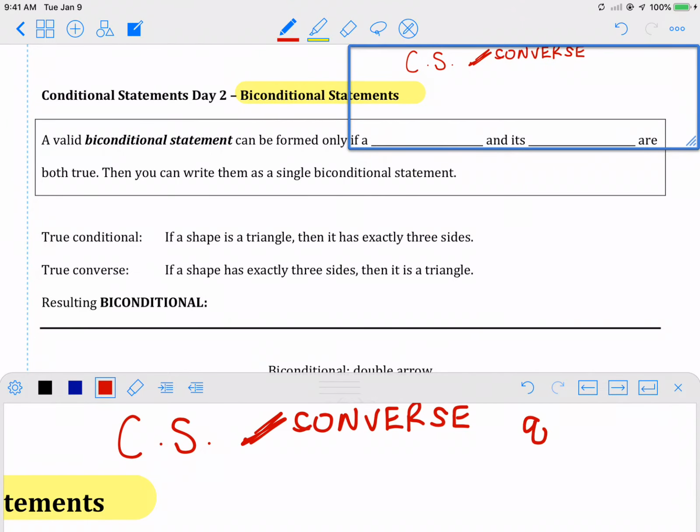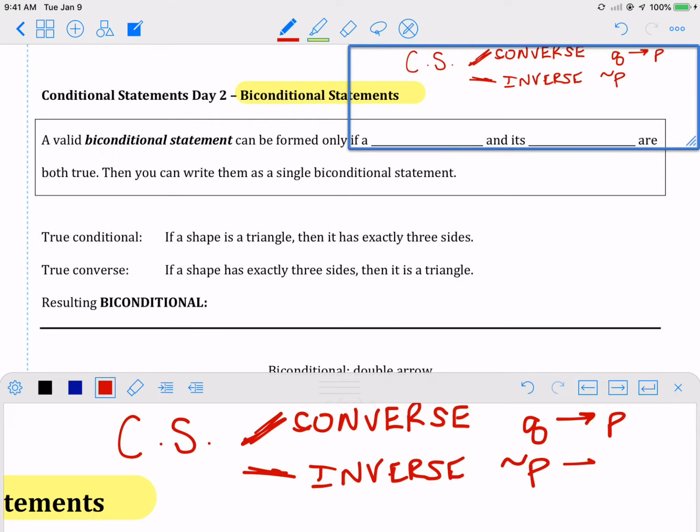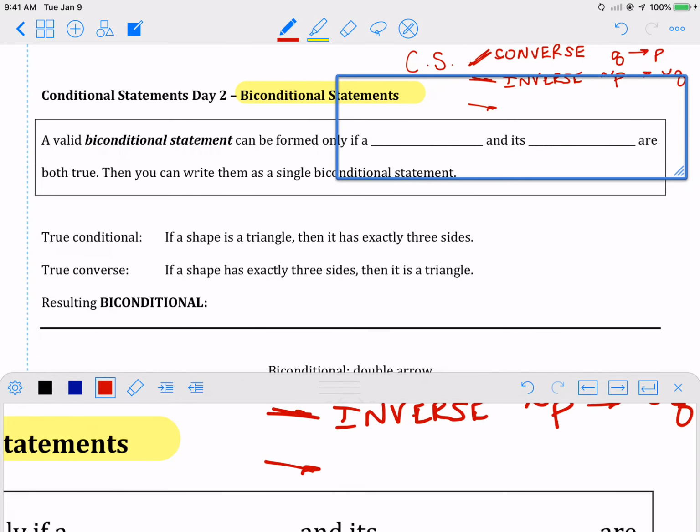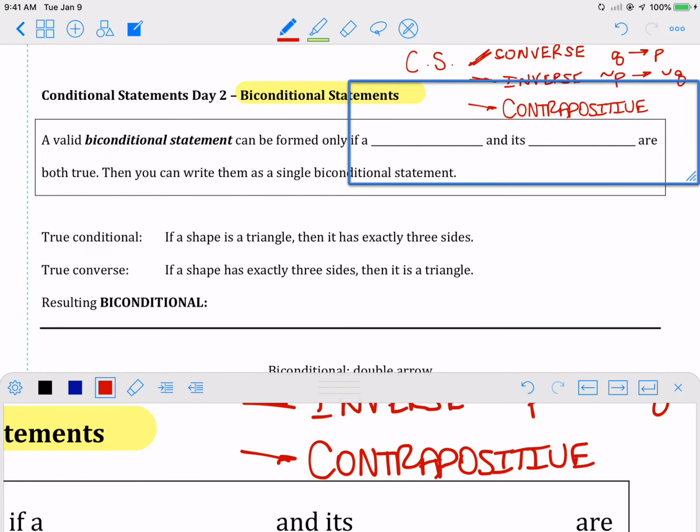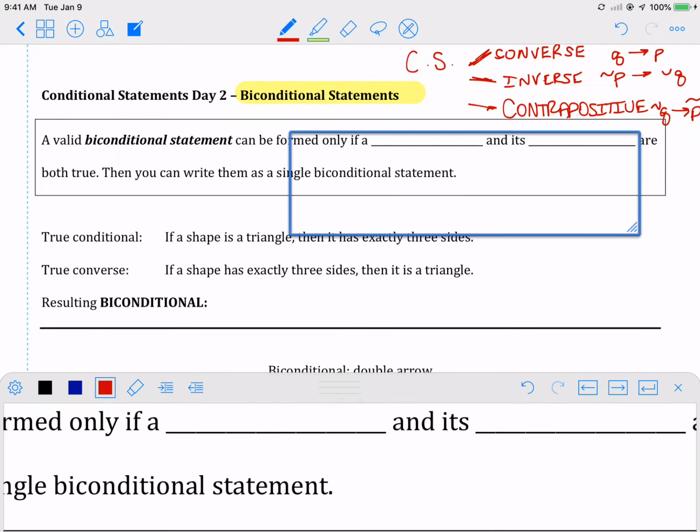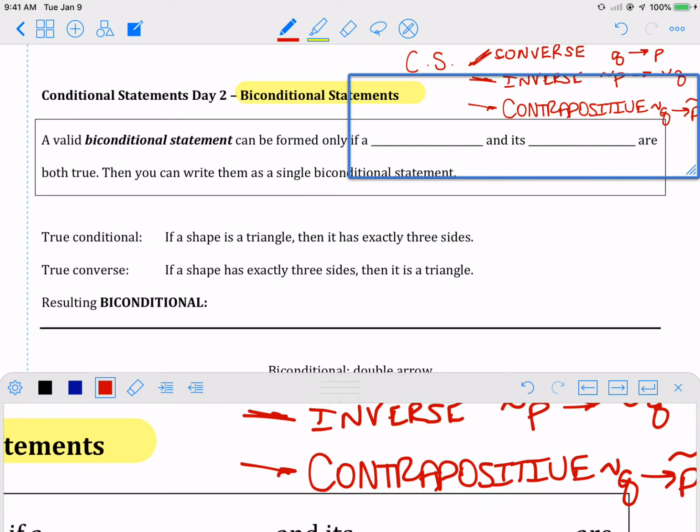which was Q to P, our inverse, which is squiggly P, squiggly Q, and our contrapositive, which was squiggly Q, squiggly P. Okay, so we kind of talked about those four, and then at the very end of class, we discussed this